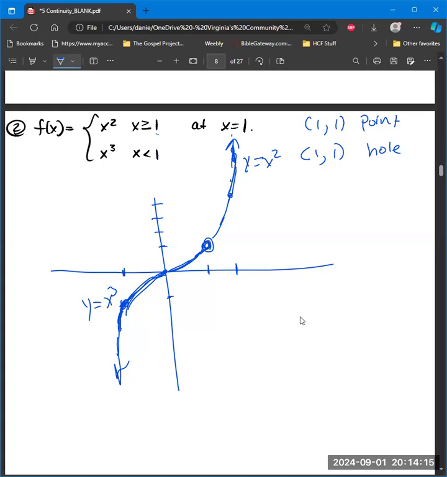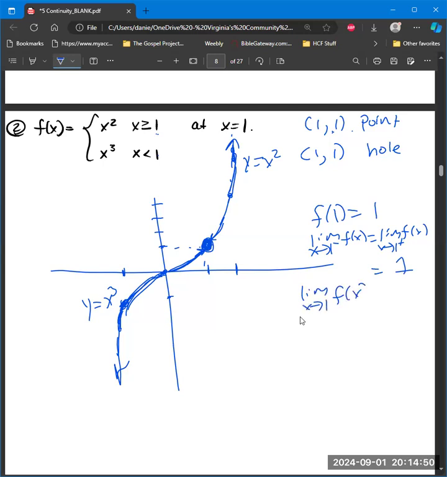Now we're going to fill up that hole because this point fills up that hole. My limit as I come from the left and the right is equal to 1. And my function value, f of 1, is equal to 1. Limit as x approaches 1 from the left equals limit as x approaches 1 from the right is equal to 1. And limit as x approaches 1 of f of x is equal to f of 1, is equal to 1. So it is continuous